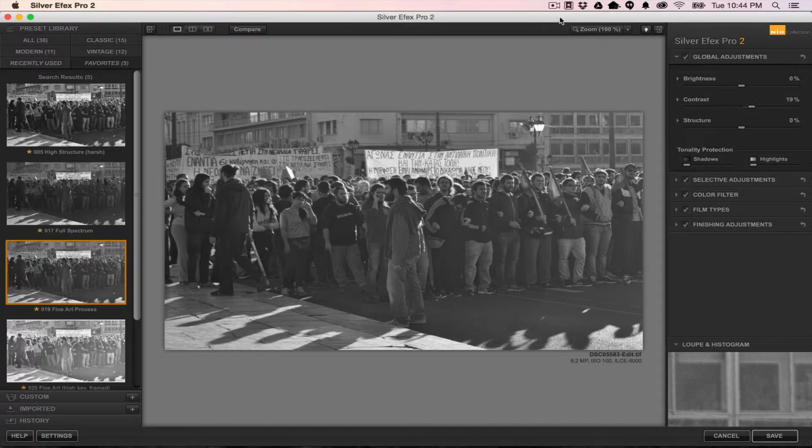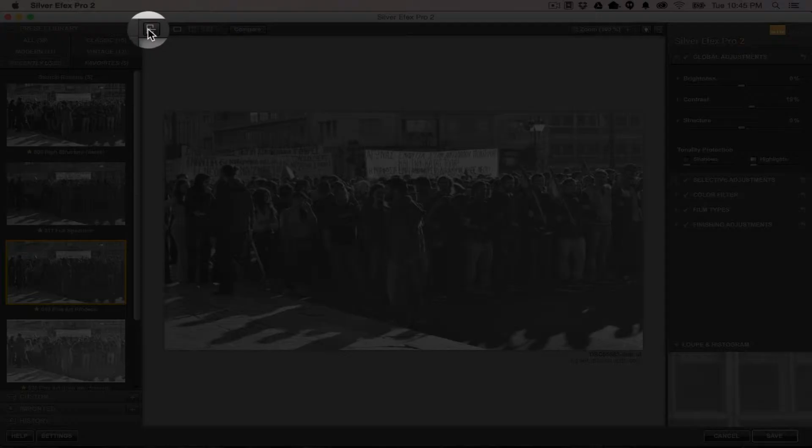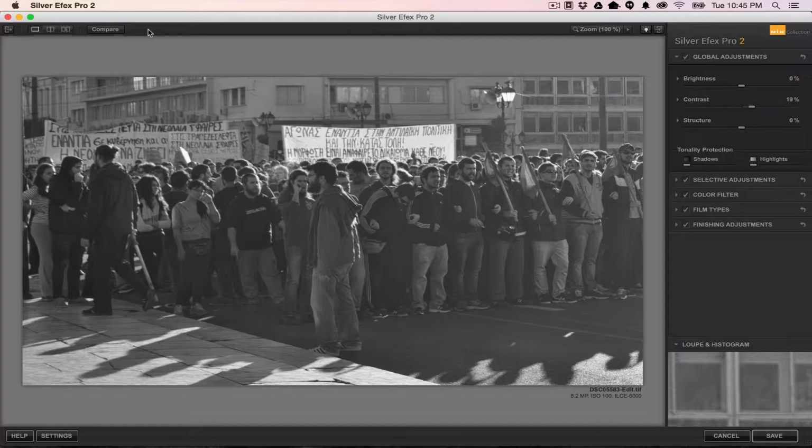I'm Jennifer Moore, and today I'm inside Silver Efex Pro 2, and I'm going to use the zone system inside Silver Efex to be able to bring out a little life in this washed out black and white image. I've already selected a preset, so we're going to go ahead and hide that panel and give ourselves more room to work with. Now, in looking at this photo, I really see that the harsh shadows and bright highlights from the late afternoon time have washed out a lot of the range in the center, so it looks really flat